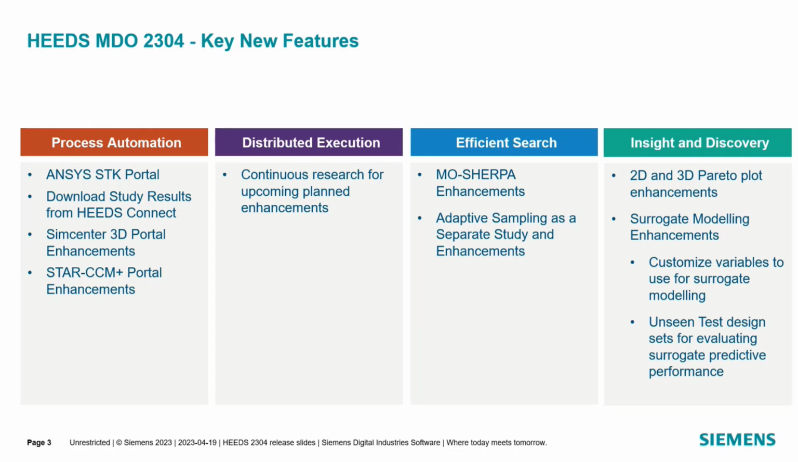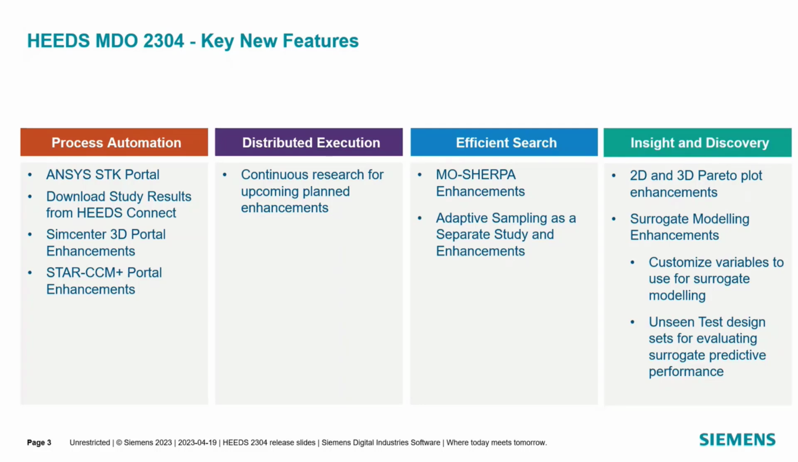We have continued to do research on the distributed execution for some upcoming planned enhancements. So a lot of work has been done under the hood in preparation for new things coming in 2310 and later. On the efficient search side, we have done significant enhancements on the multi-objective optimization of Sherpa, and also created the new study type that is linked to adaptive sampling. Adaptive sampling is now no longer in the DOE set, but it has been promoted, between quotes, to be